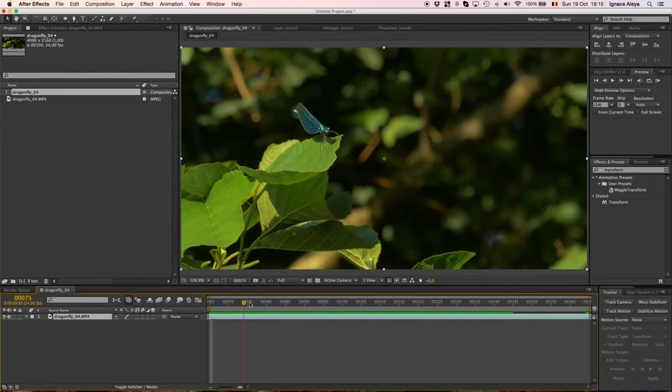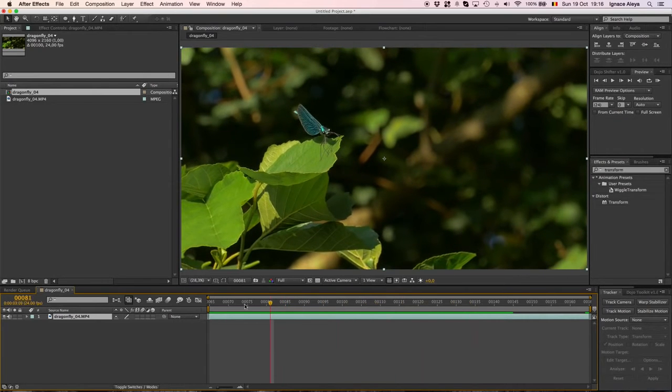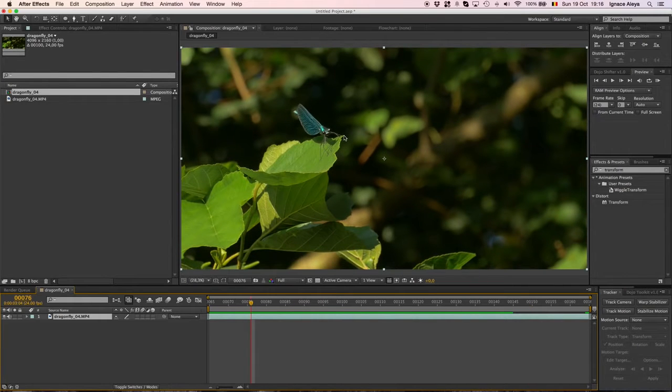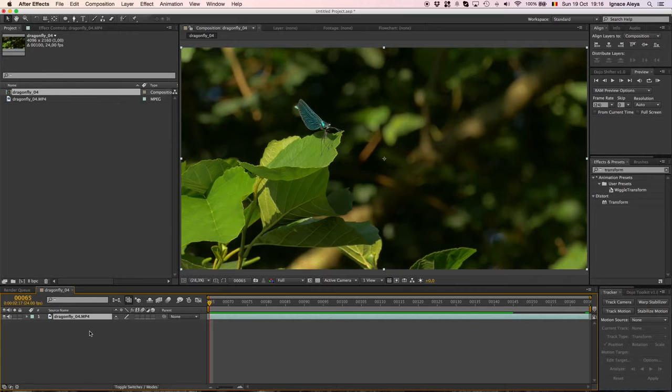So first of all, you want a shot. Most of these shots are static shots, but it doesn't really matter, with a moving object in focus. So you can see here I have a plant with a dragonfly on it, and I want to just track lines from each corner from a plant to another plant and so on. Just do something abstract, doesn't really have to make sense at all, but before we are going to do that, we are going to